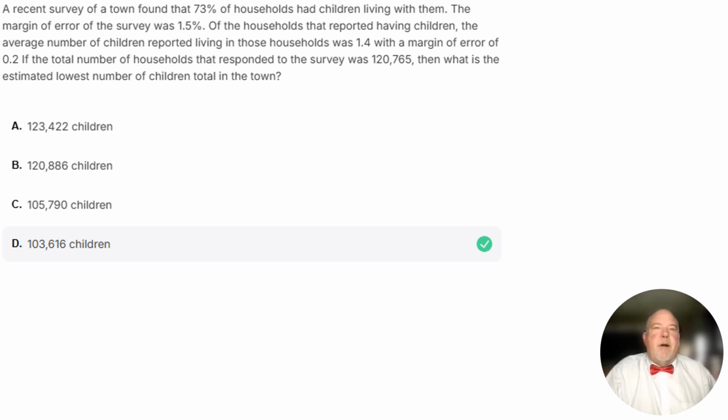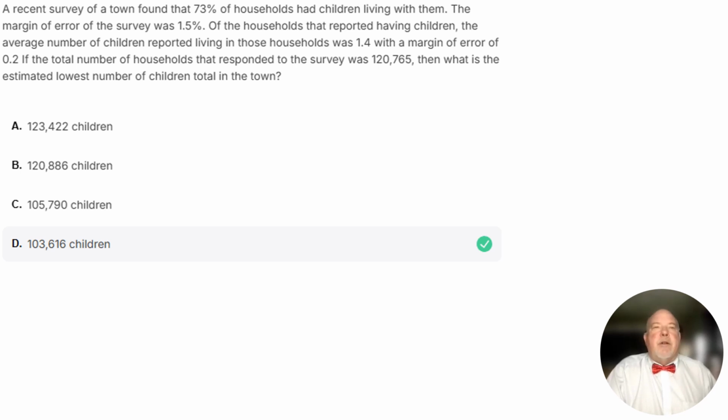All right, so right off the bat, let me just say that I think this is a pretty tough question. So if you're struggling with this, don't beat yourself up about it. It's a tough question. So a recent survey of a town found that 73% of households had children living with